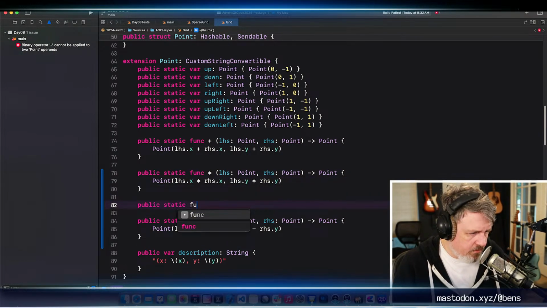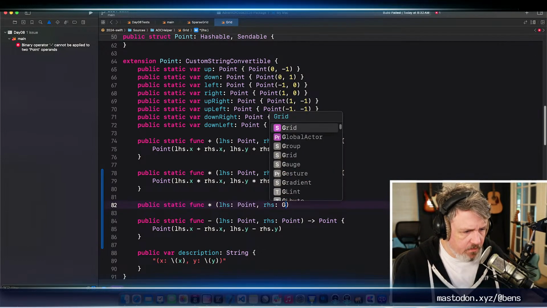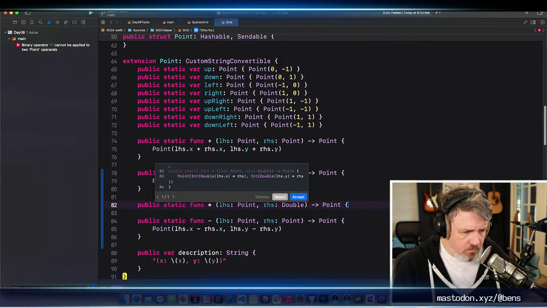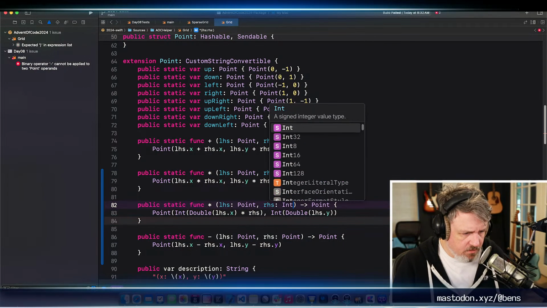But it doesn't know how to do that. If I did star, LHS point with some right-hand side double, not double, this just needs to be an int.